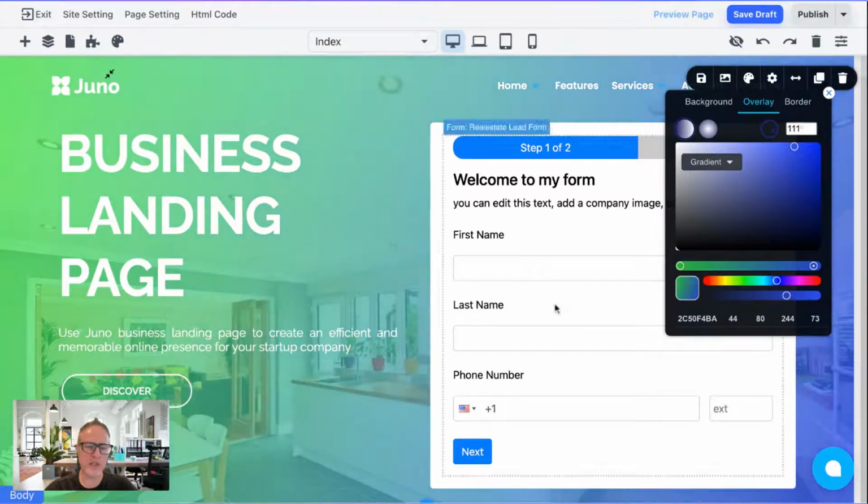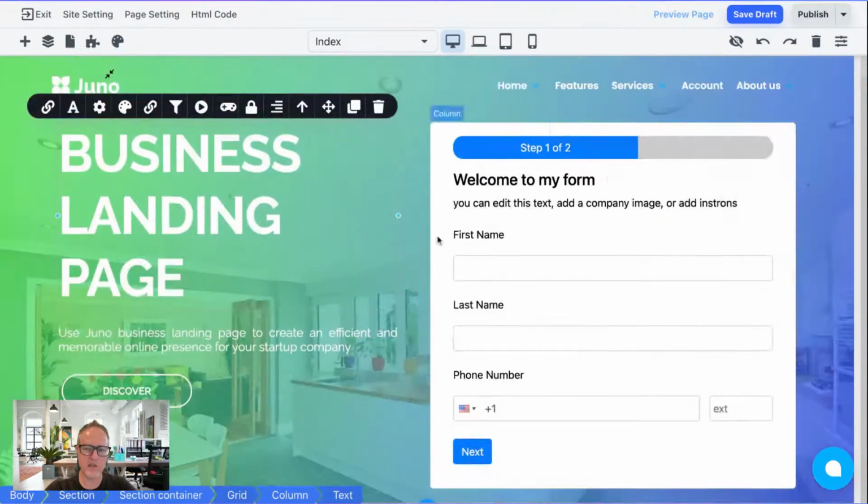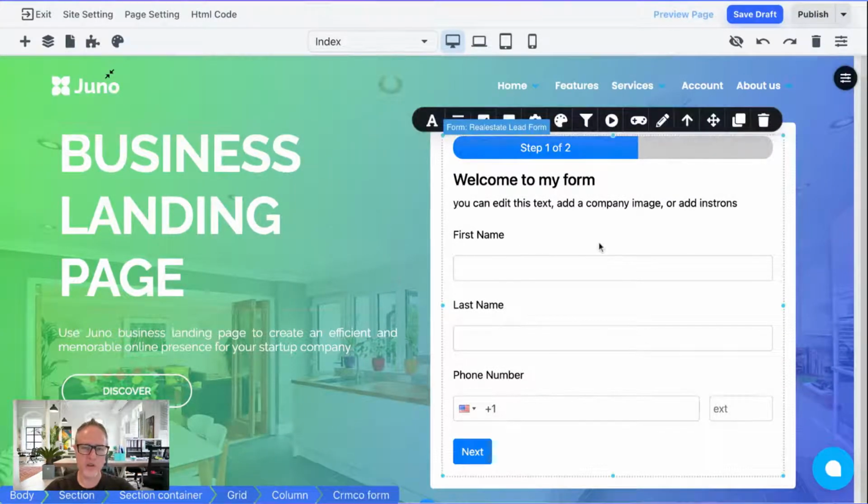So it's super easy to customize this and give it a unique look and feel, even though it's one of the built-in templates. So we just did this right now in 10 minutes. We designed a form, we designed an automation flow, we dropped this on the website, and we customized the website template to give it more of that real estate